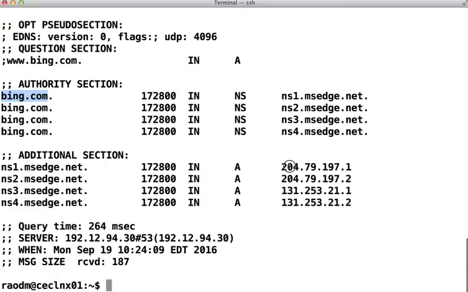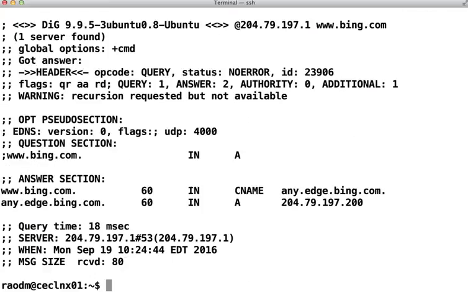I'm just going to pick up the first IP address of the first name server, and I'm going to query that name server for www.bing.com. And now that server responded. It actually says it has 2 answers to offer. In this case, first it says www.bing.com is a canonical name or an alias for a server named